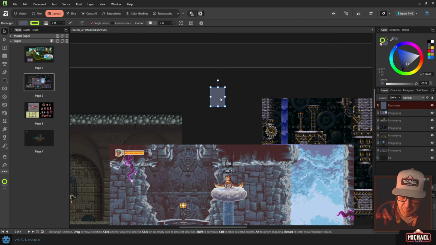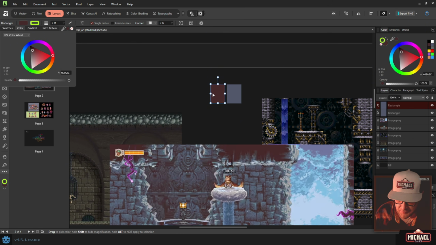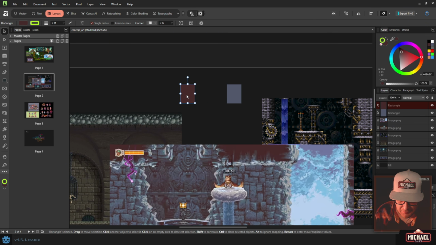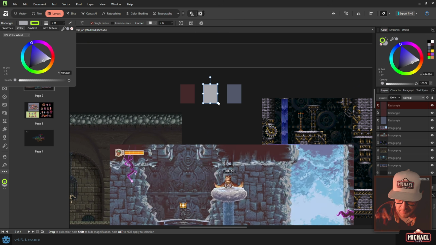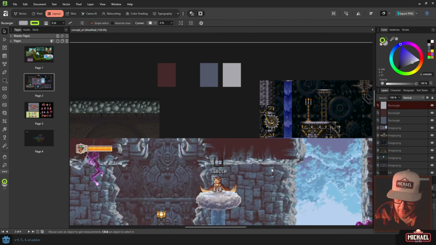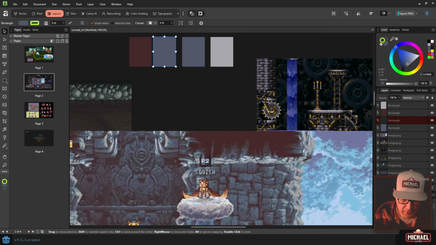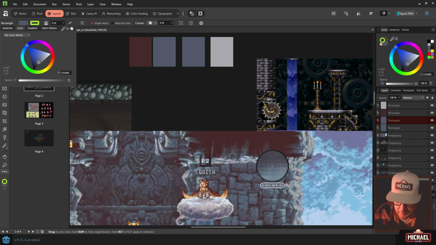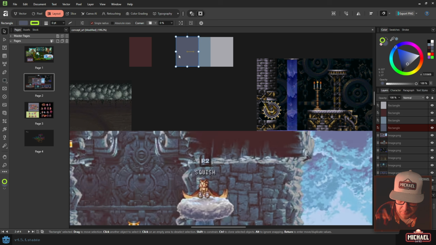So I'm going to go ahead and actually make a quick little color palette. I love this blackish color that they use. You can see it's black in the game, but it's kind of red. Let's get their highlight color here. Okay, I'm going to get a few flavors of color, and then we can always blend in between them more. I'm going to just get one more color right here. It's probably this in-between bluish color. There we go. Okay, so you can see how this can serve as a color palette